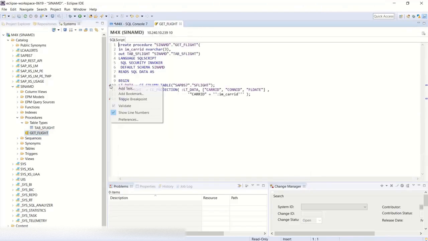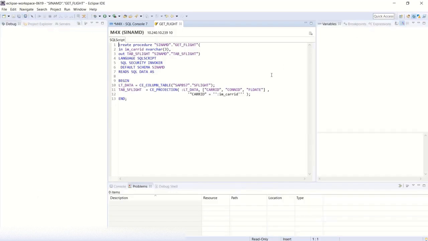To debug the stored procedure, we need to set the breakpoint. How do we set the breakpoint? Right click and do a toggle breakpoint. That's how you set the breakpoint. But before doing that, since we want to debug this, I will go to the debug perspective, and I don't have any thread active now, so I'll just set a breakpoint here,